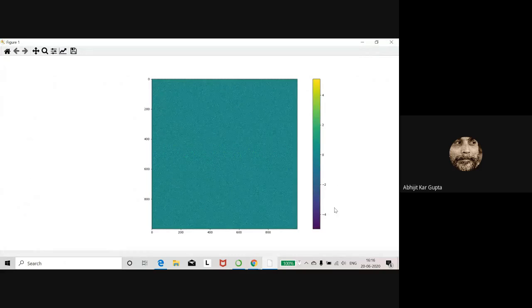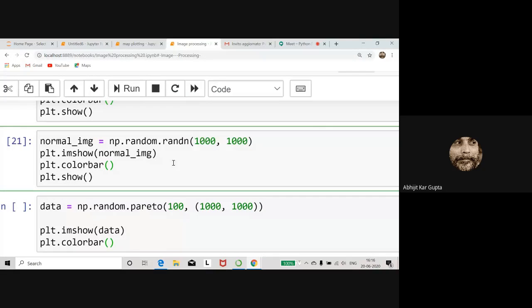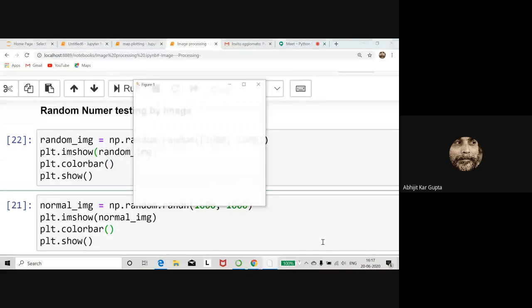Remember the color difference. You see the color difference. Here is your 0. On the scale, this is the yellowish side, and this is the violet side. And basically the normal distribution has its peak at the middle. So this greenish color will come more and more, right? So the entire picture is a greenish thing. This picture shows me this is basically a normal distribution.